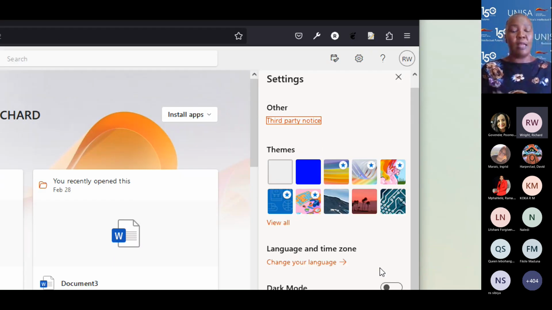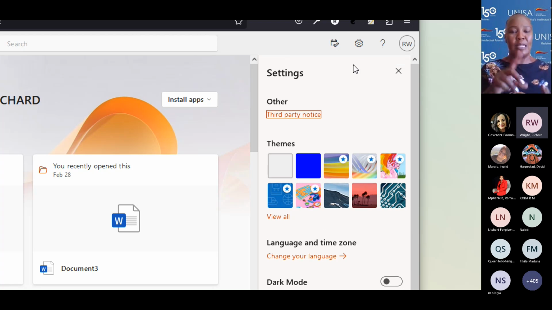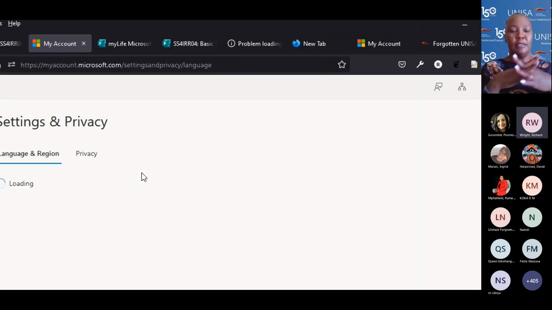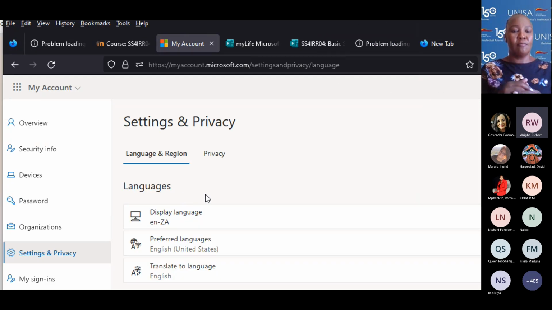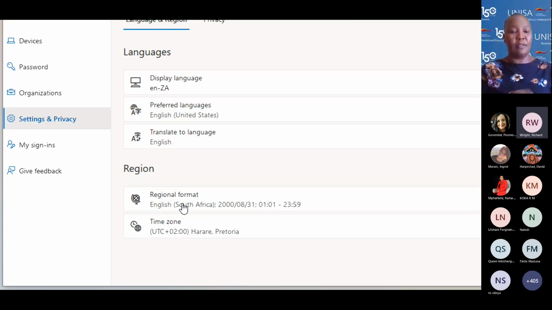And remember, so here you can actually personalize it as well. So very importantly, you can, for instance, select a theme. If you prefer a different theme, there's quite a few that you can select from. And then also change your language. So if you're in a different time zone, all of that, you can set it up here. So very importantly, usually it's set up to, for instance, United States. So here you can actually come and set it up to be your local language, and also the regional format,